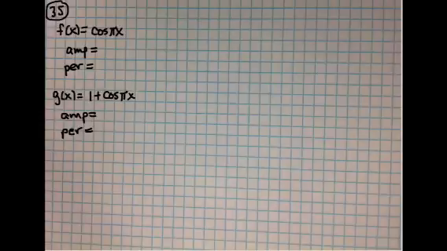Alright, so for 35, same thing, we're going to answer the amplitude, the period, and any other transformation. So here, for f of x, the amplitude is 1, and the period is 2 pi over pi, where the pi's cancel, so we have a 2. For g of x, it's